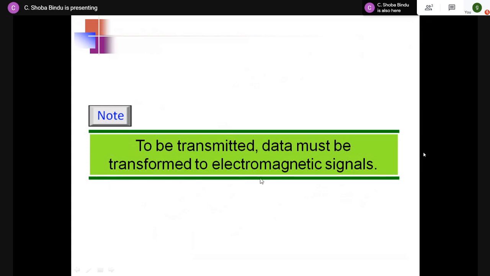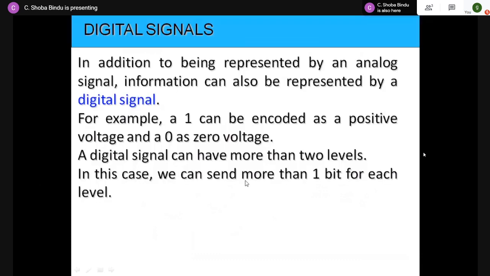But it has to be transmitted over a transmission medium. But this transmission medium can allow the data to be transmitted in the form of an electromagnetic signal. So in order to transmit the data, you need to convert the data. You need to transform the data into electromagnetic signals. So how is your digital data going to be transmitted in the form of